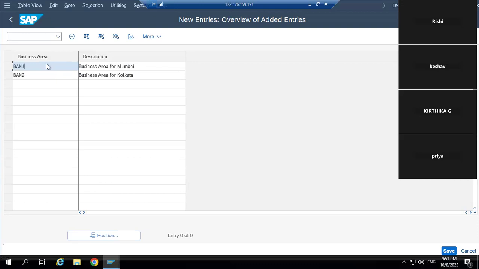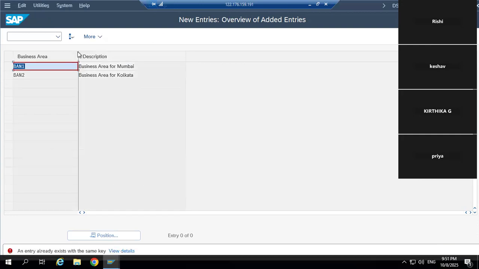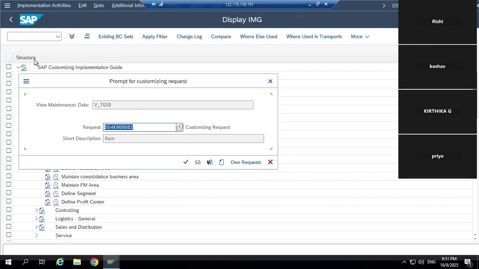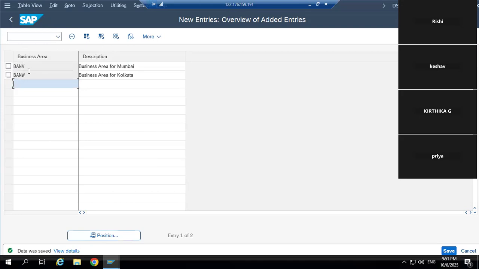We have created two: BN1 and BN2. Save this. Now it says entries already exist with the same key. Somebody has created it with this name, so you have to give another name. This also exists. Suppose I give B and V, and B and W. As I told you, any name you can give.